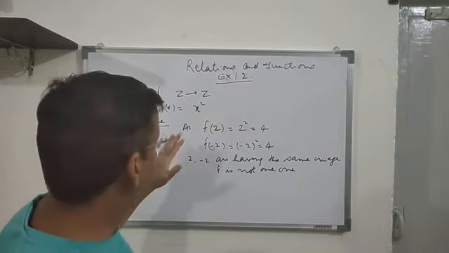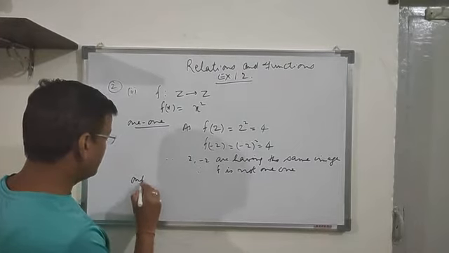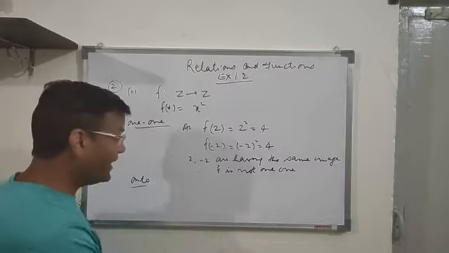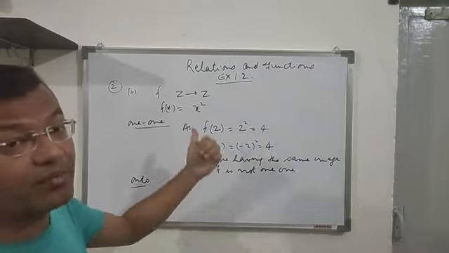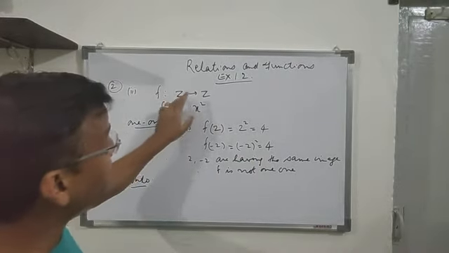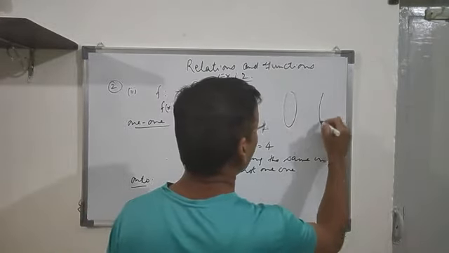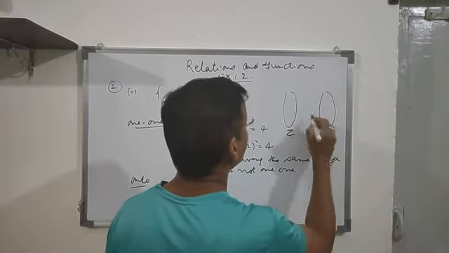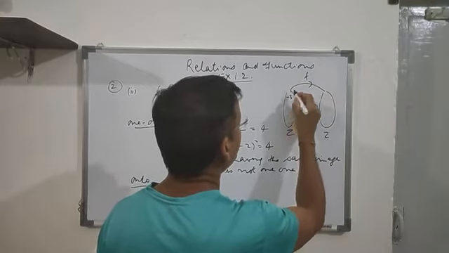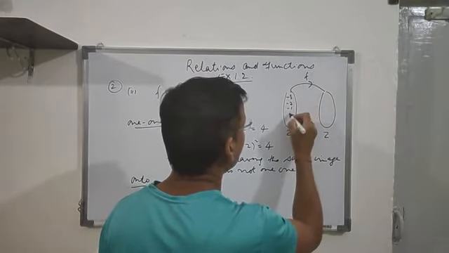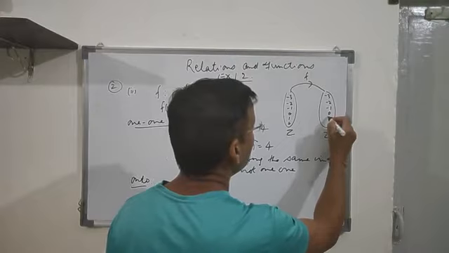Now again, for onto the same procedure applies. I will not be explaining in detail, I'll just explain it to you. The same concept which we applied in the previous question, we will use here, because it is a set of integers. I'm drawing the diagram for this one. There is a set of integers, and a function. Let's take the set of integers, minus 3, minus 2, minus 1, 0, 1, 2, infinite number of elements. Similarly on the codomain, minus 3, minus 2, minus 1, 0, 1, 2.